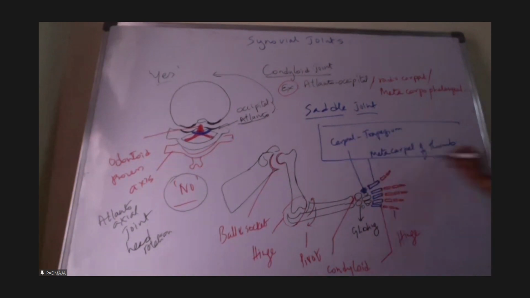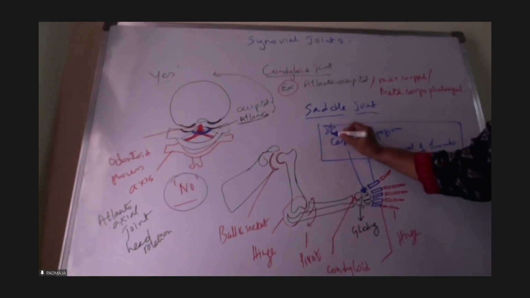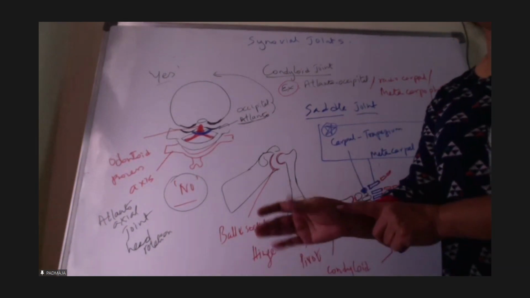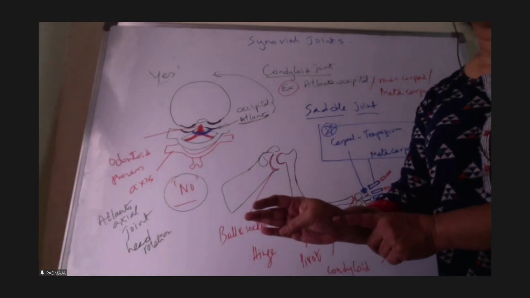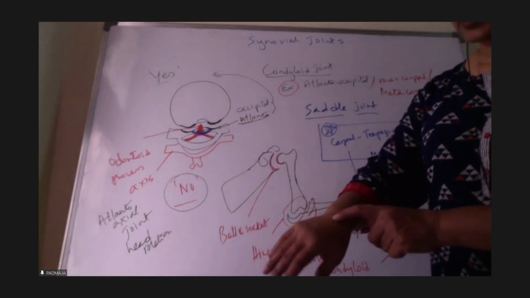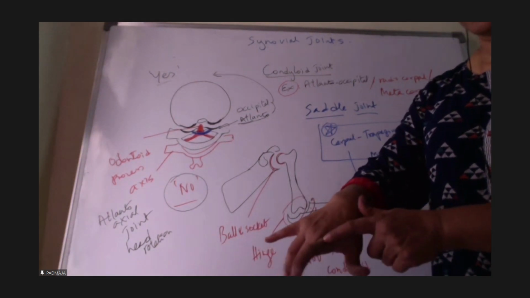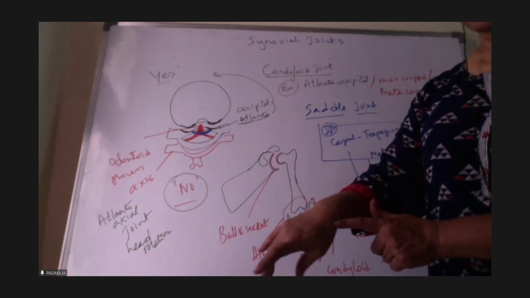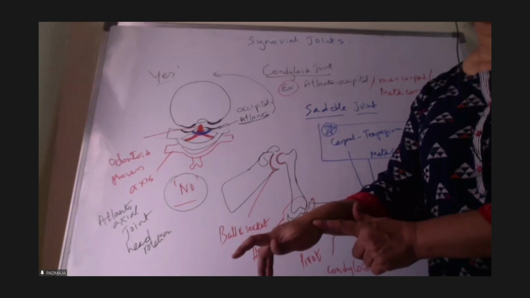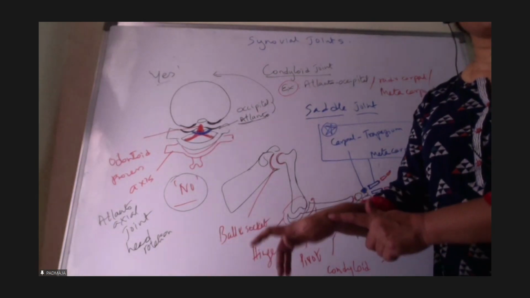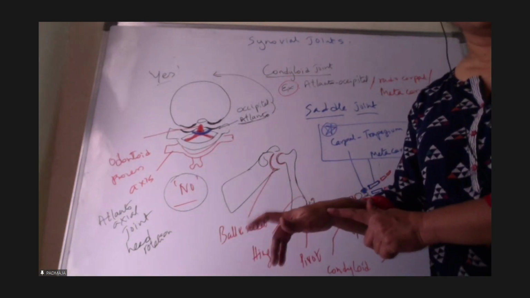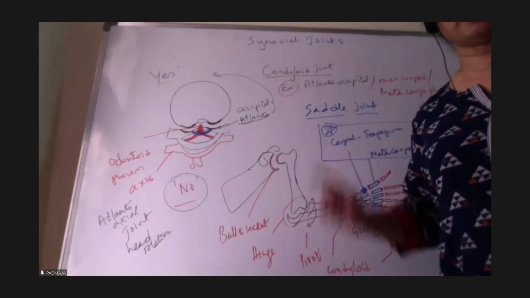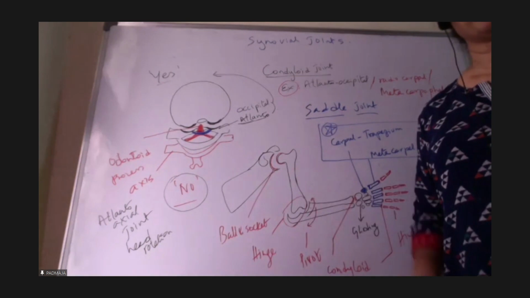What is the special feature here? Yes, it is allowing your thumb as an opposable thumb. Got it? Here you can't move. Can you move here? Only here you can move. Can you move here? No. But here you can move. You can move here. And this allows an opposable thumb only seen in primate mammals, like for example human, monkeys, apes.